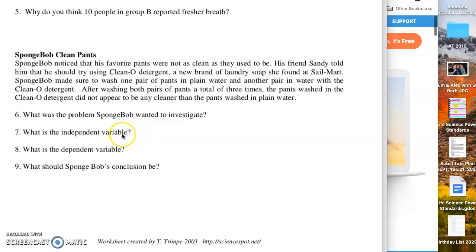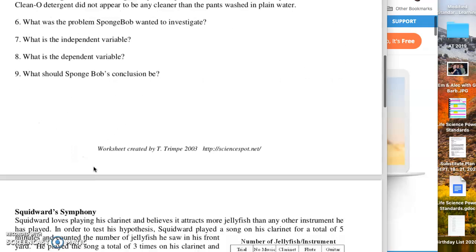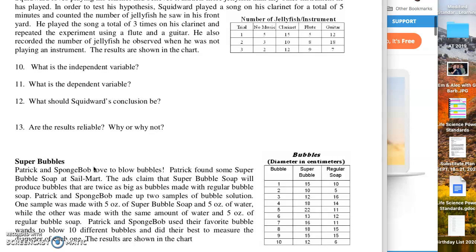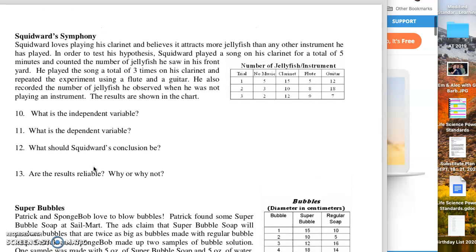What's the independent variable? So what are they testing? What's the dependent variable? So what are they trying to change? What's going to change because of the independent variable? And what should the conclusion be? Does the detergent work or not? Now on the back, things kind of get a little tricky, and I wanted to, because they got some data to go through. So I'm going to spend a little time with that just to make sure that you know